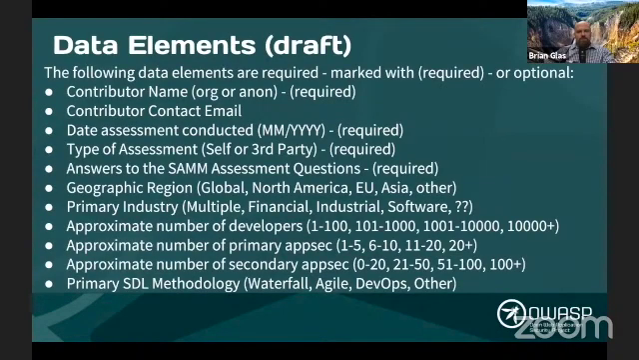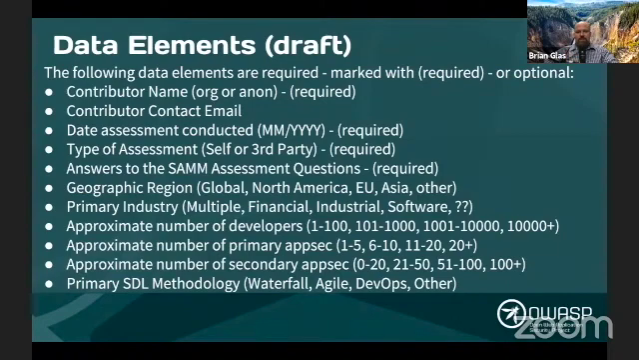So some of the data elements we've looked at. What we're trying to do is set this up so that people can contribute data and we can have meaningful data that others can learn from without being able to directly identify an organization. So looking at trying to figure out some level of demographic information, and it may be general geographic region, primary industry that the organization is in, and then ranges. So approximate number of developers,